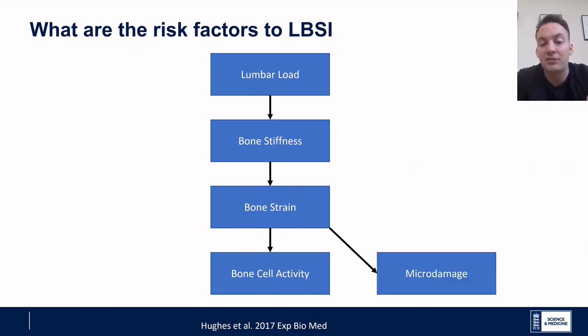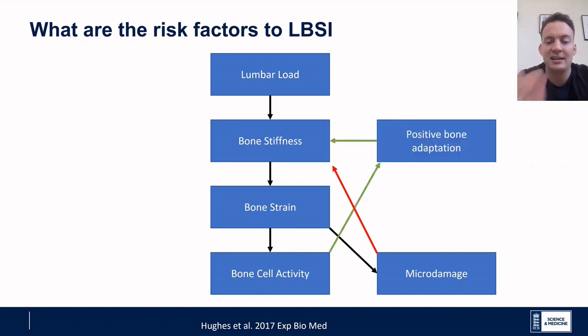We also know that bone strains themselves can cause micro damage, and we know that micro damage negatively affects the stiffness of bone and the structural properties. Of course, when you have impaired bone stiffness, when you have this interaction with the same lumbar load, it means that for the same lumbar load, the bone strain is going to be higher, which in turn is going to cause more micro damage. So there's almost this negative feedback effect of decreasing bone strength properties causing increased bone strain, and this cycle will continue until there's eventually the bone stress injury